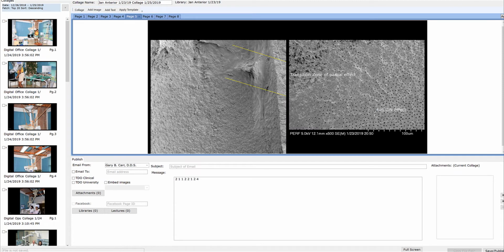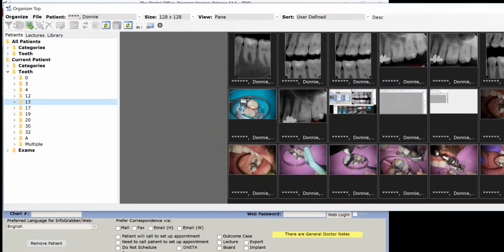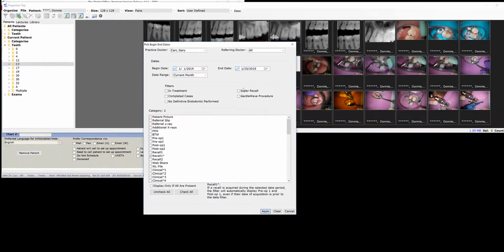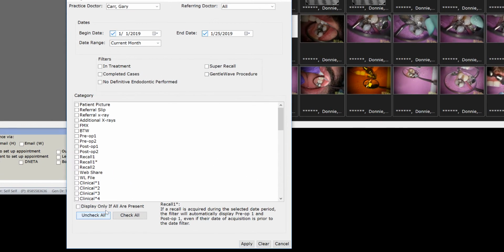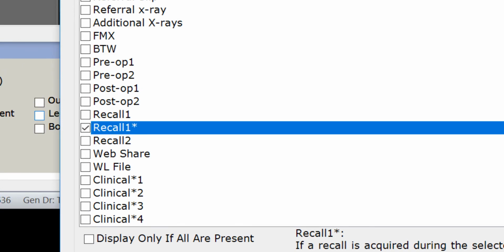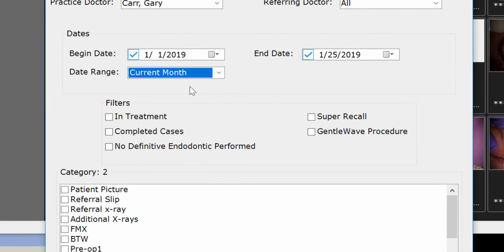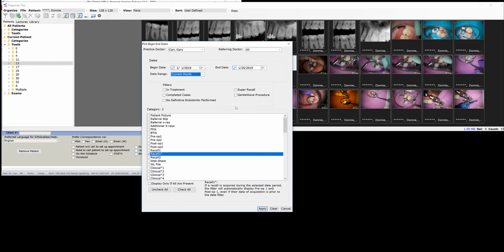So now let's do a clinical case. If I close this and I go back to patients and I go to the filter, so what comes up, I'll uncheck all. Let's do the recall 1-star query because that's such a powerful query. And let me just do it for the current month. So from the 1st till today, and I'm going to bring up all of the recalls I've done this month, as well as the pre-op and post-ops, no matter when they were done. So I go ahead and apply that filter,